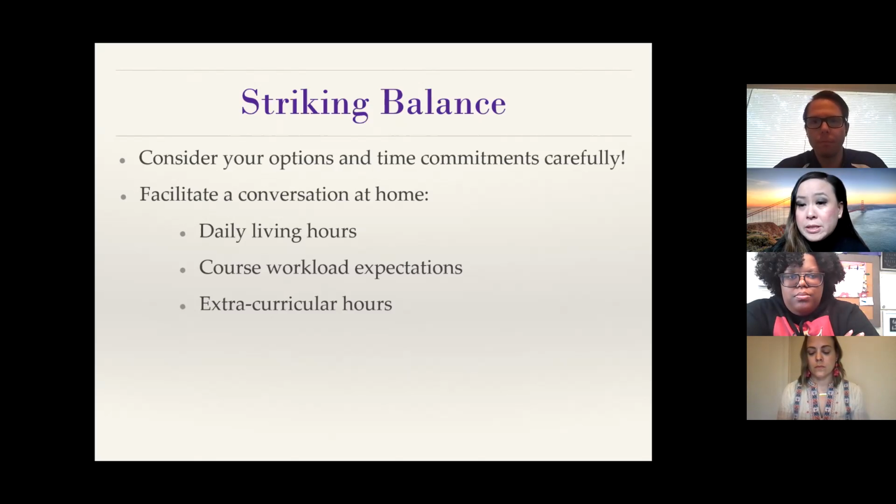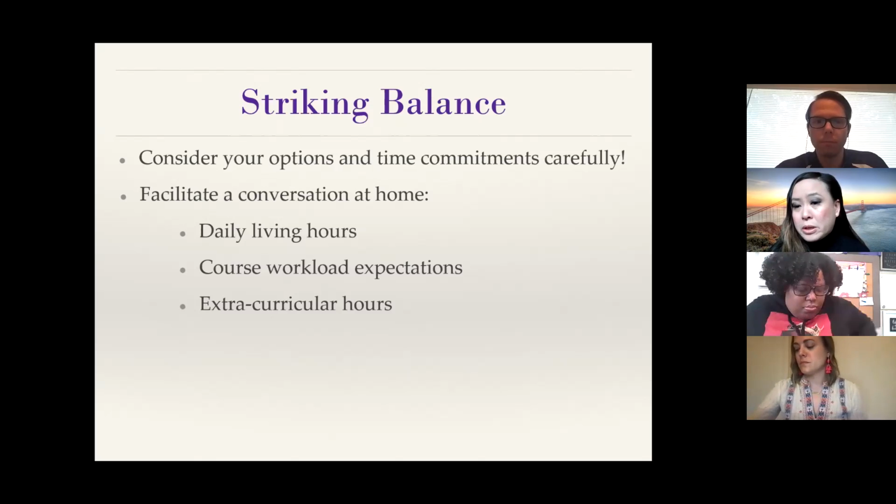So you want to make sure you're still able to have enough sleep, 8 hours plus. You want to be able to sit down and have a good meal with your family at dinner, and be able to have those conversations and have time for your friends as well too. And then in terms of the academic piece, you want to make sure that you're doing your classes well. So it's not about quantity, it's really about quality work, okay? And as well as the extracurricular activities.